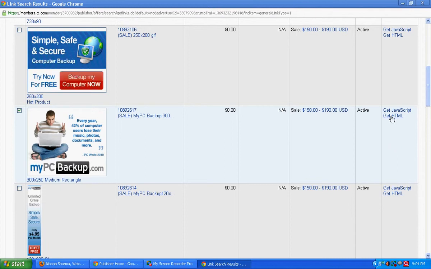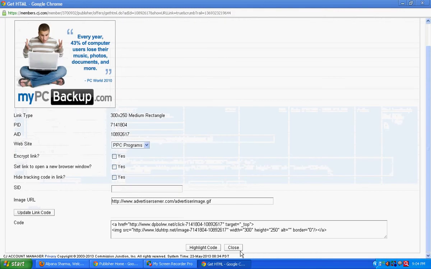Basically these are basic web programming languages, and this display ad that we are seeing over here, we can get a code of this display ad. So this is the code of this display ad.